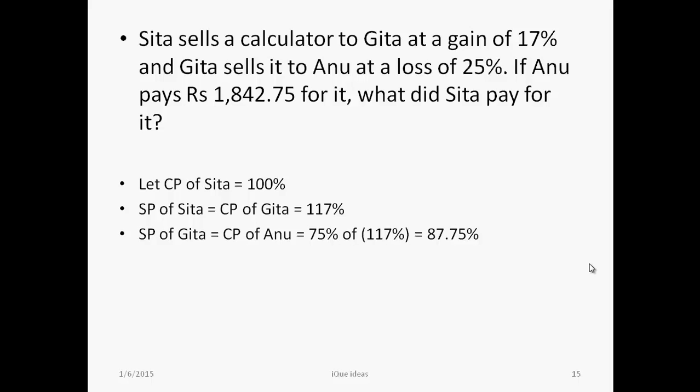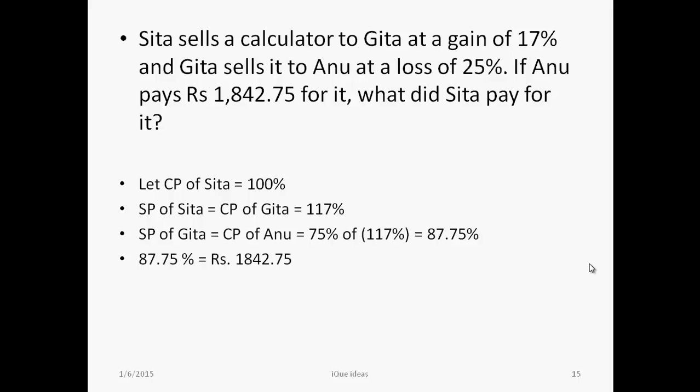So, she sells it at 75% of her cost. So, remember, we do not take the cost price of Sita. Geeta is selling at a loss of 25% to herself. So she sells it at 75% to the amount that she paid to get the product. So her SP would be 75% of 117%, which is 87.75%. Now, cost price of Anu of 87.75% is given as rupees